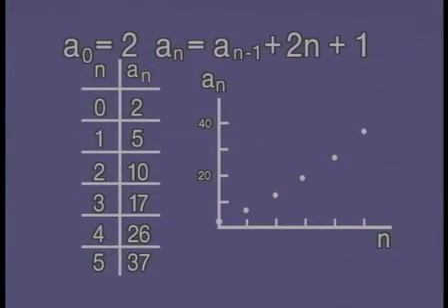The next visual gives us another recursive function. We have the value of a0 is 2. And we have a sub n is equal to a sub n minus 1, the previous term, plus 2 times n plus 1. Okay? And if you look on the side there, we have a roster, n is 0, 1, 2, 3, 4, 5, and we have the values. How did we get those values? Well, we were given a sub 0 is 2. To find a sub 1, take the previous